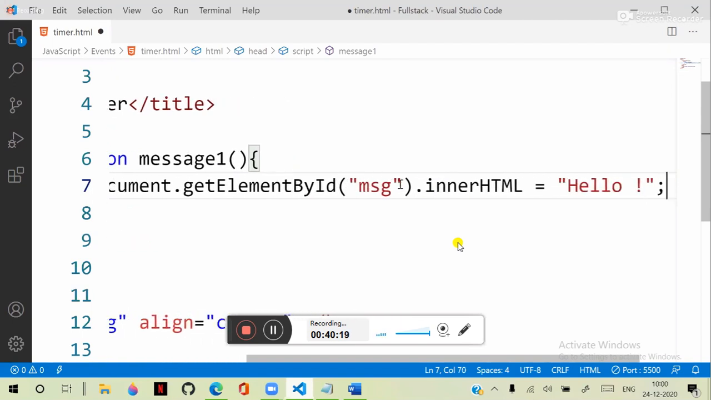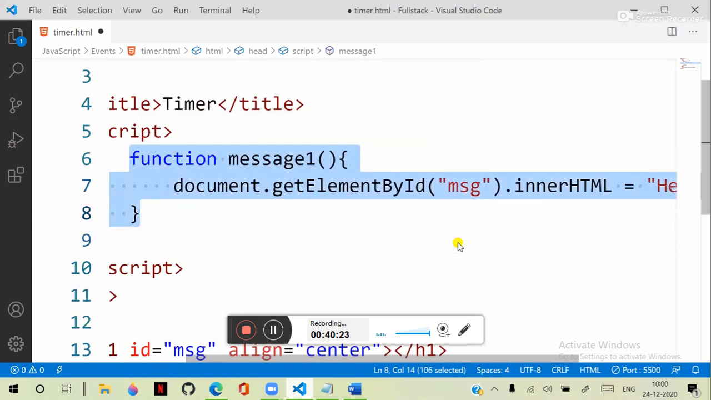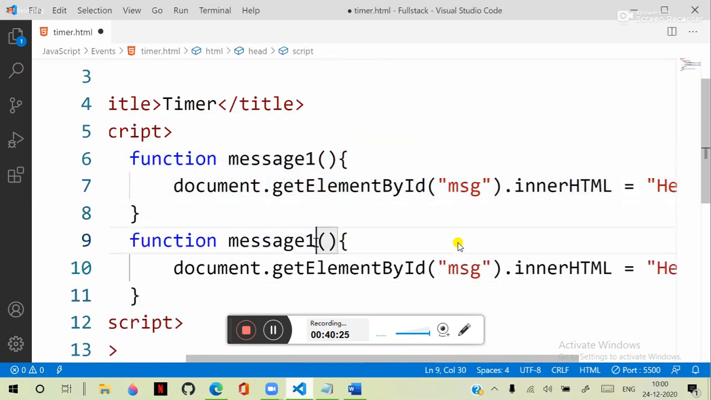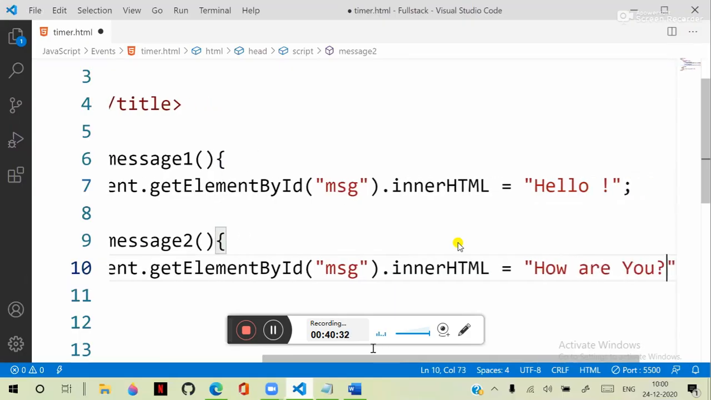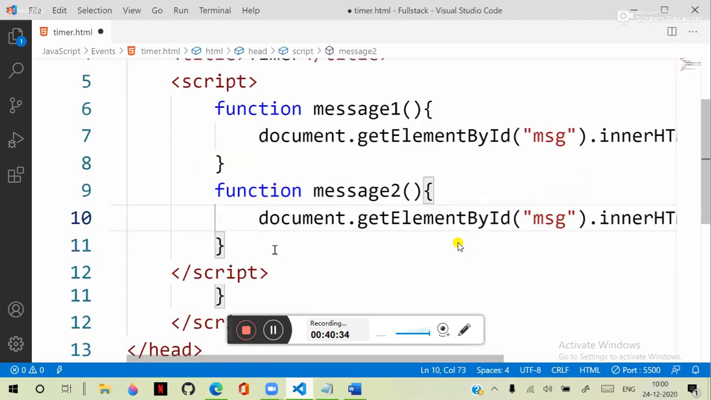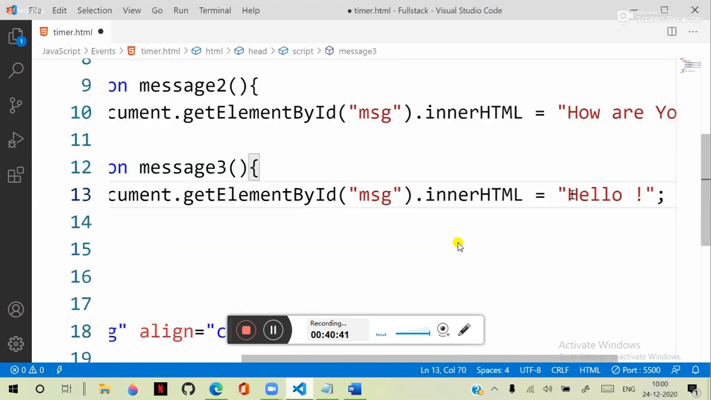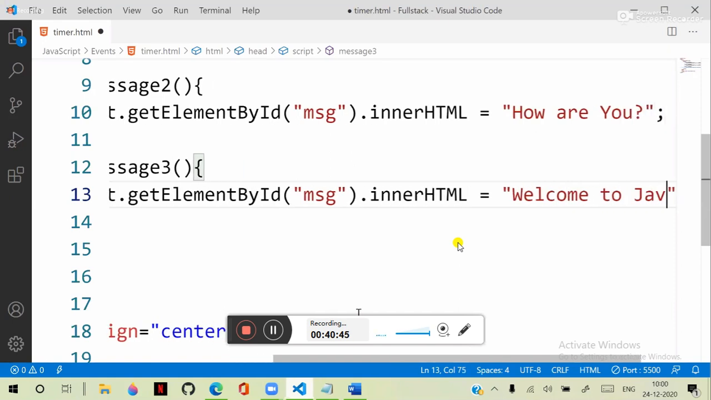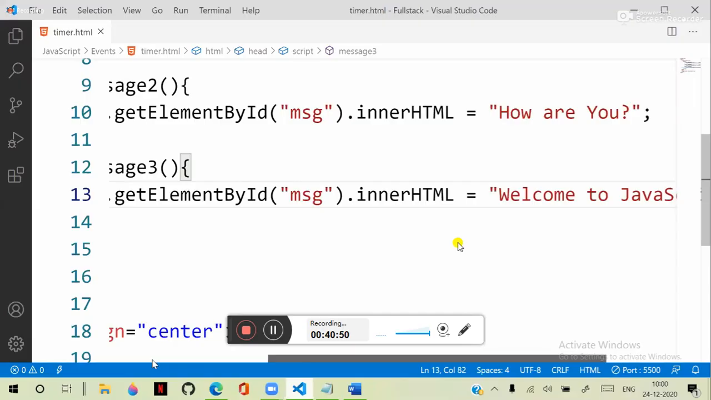Okay, that is message1. I will use another, message2. In message2 I am writing another message, "how are you?" And another, message3, I am writing here. So some more messages. Remember, all messages are defined. So "welcome to JavaScript." All messages are being displayed inside the same